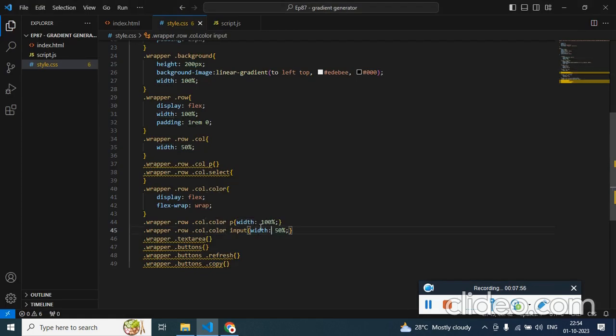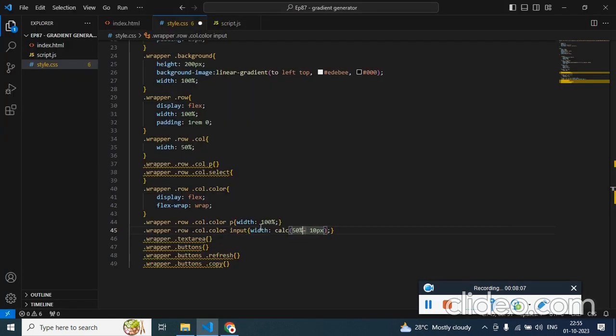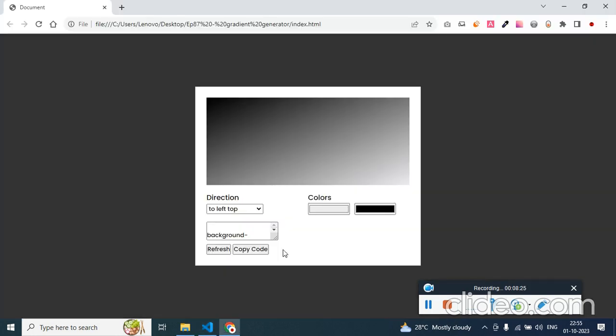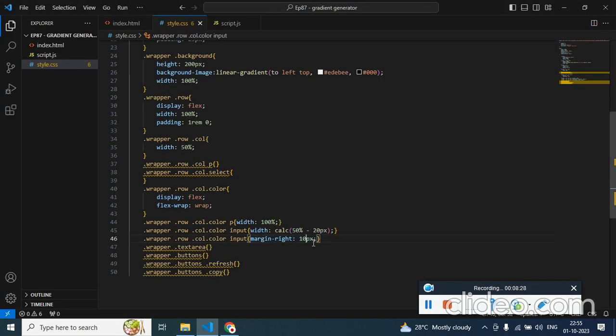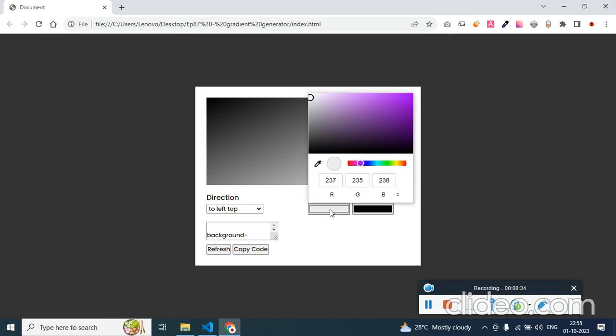And we can use the calc function here. Calc 50% minus 10%. So in that case we have given 20%. We can give margin right of 10 pixel so we get some gap, 10 pixel. You can see if you wanted you can make this even smaller by making this 5 pixel. Cool, I believe that's enough. Now here we are able to select the hex code,